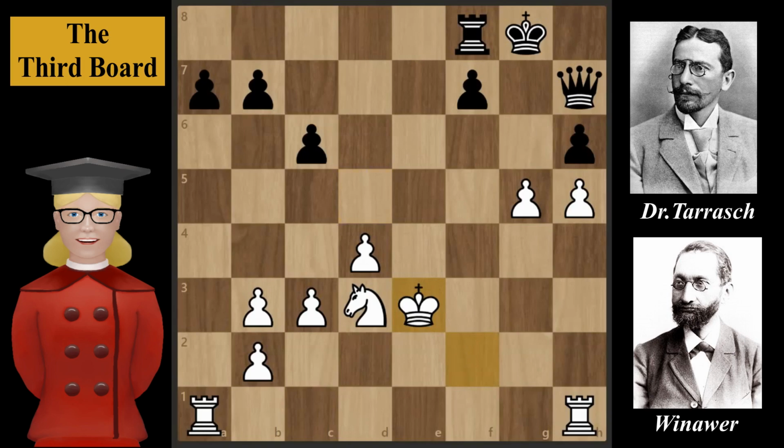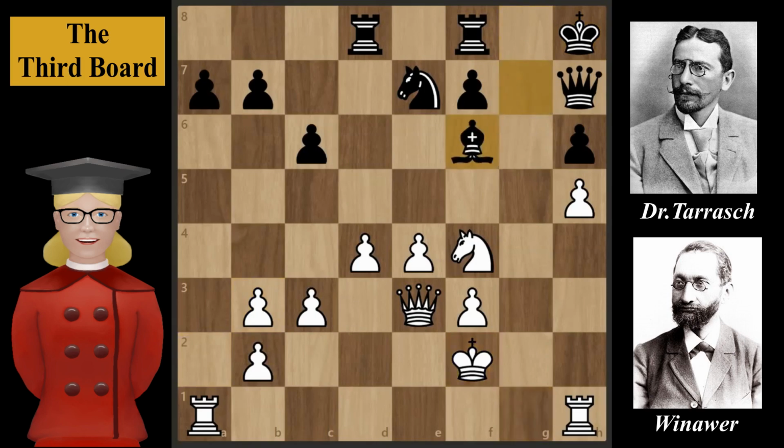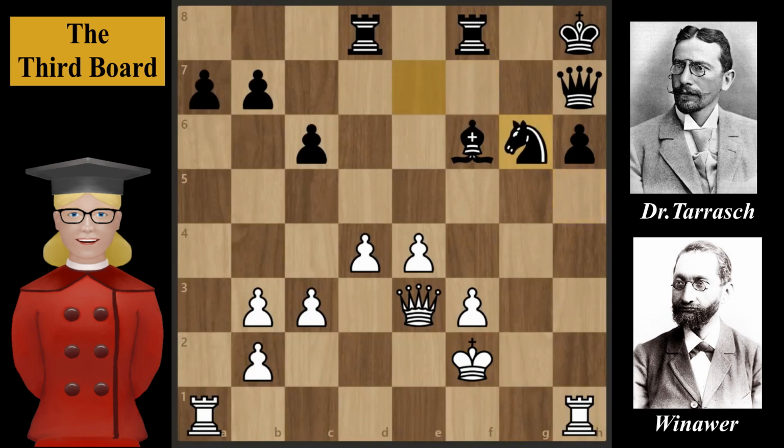Let's return to the original position. If black played king to h8, we could have king to f2, bishop to f6, knight to g6 check, f takes on g6, h takes on g6, knight takes on g6, rook takes on h6, bishop to h4 check,